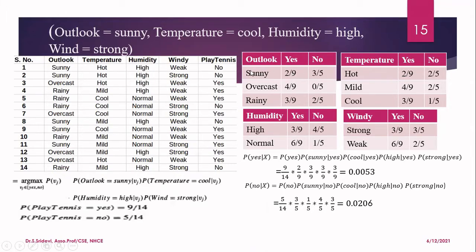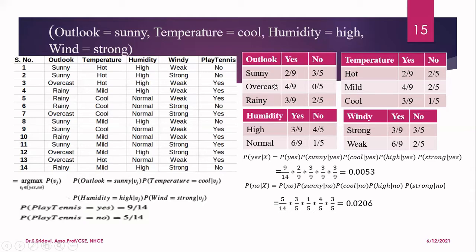So now let us consider sunny. If you consider sunny, in this table, sunny is appearing totally 5 times. In instance number 1, 2, and then 8, 9, then 11. Out of the 5 times, it is predicted as yes in instance number 9, and then in instance number 11. In 2 instances, it is predicted as yes. So you write 2 as a numerator. Let me come to the denominator later. So here I'm writing 2 as a numerator.